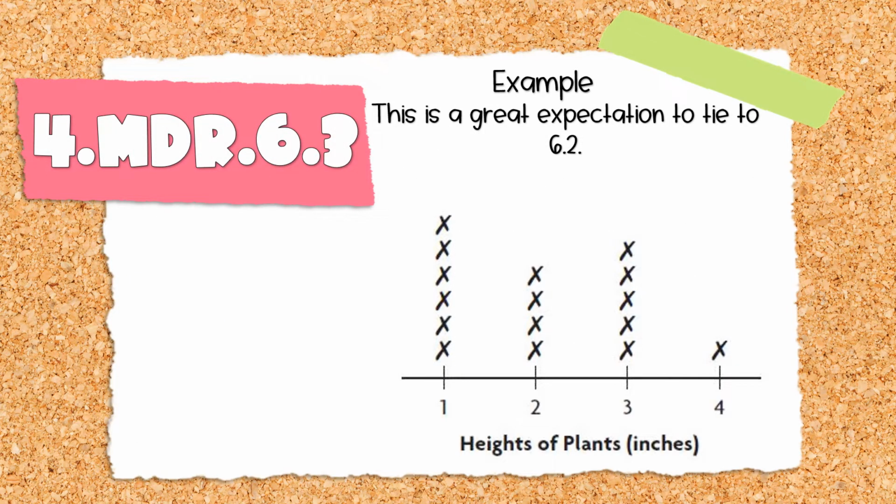This is a really straightforward example. It is just a simple dot plot with heights of plants in inches. So students can use rulers to measure the lengths and record data. This is a really great opportunity to get hands-on and even cross-curricularly tie these standards to maybe your science